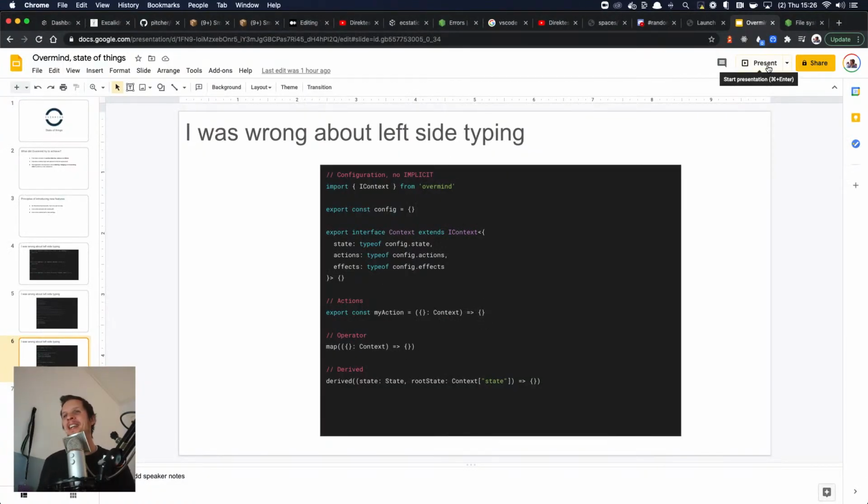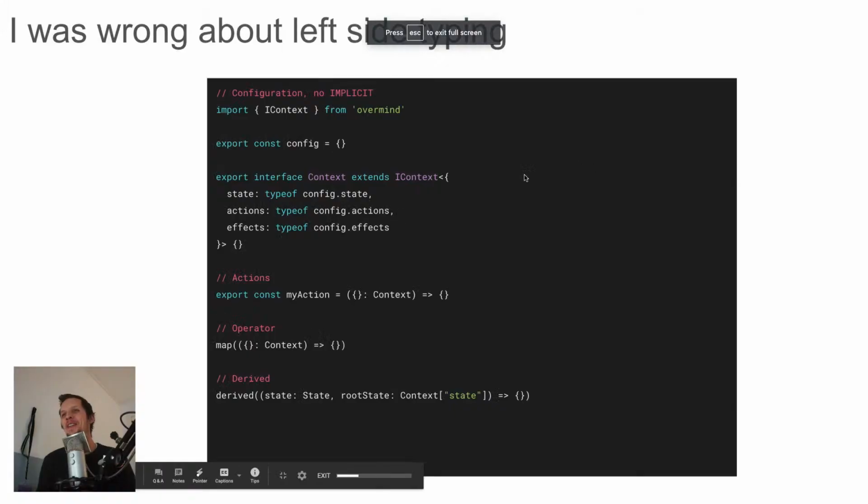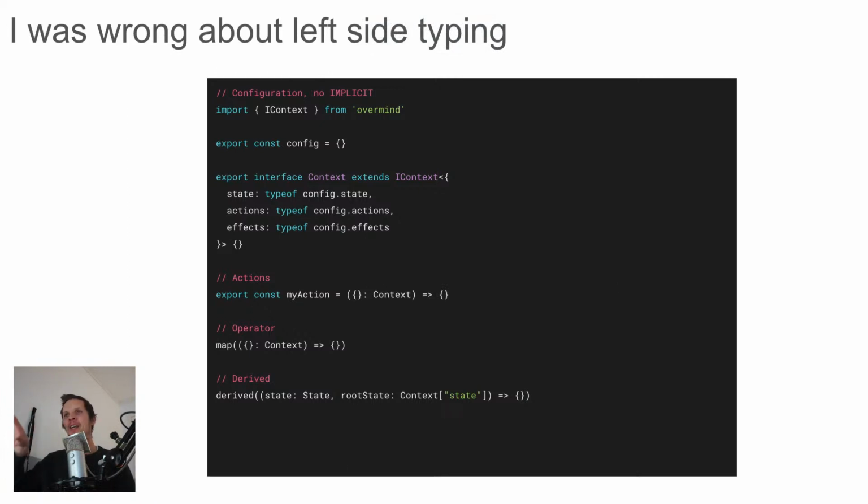Exactly. So a quick conclusion on the typing is that I'll put up an issue first on GitHub to ask people if they want to refactor their code base to have this typing, or if we should just allow both, or how we should do it. But this would be the result of it. We just have one way to do the typing.